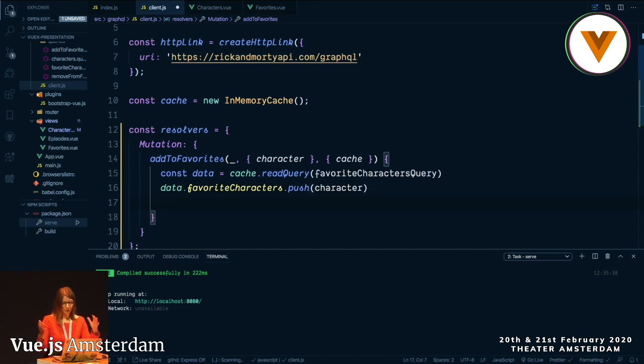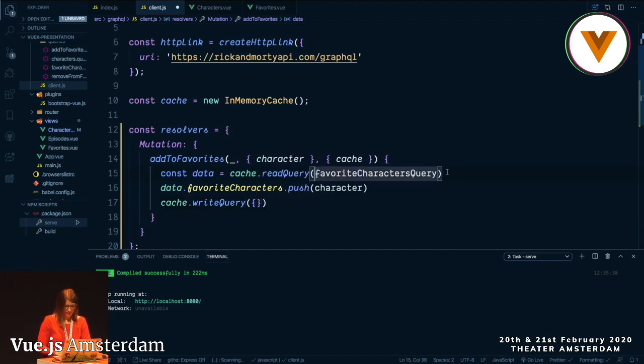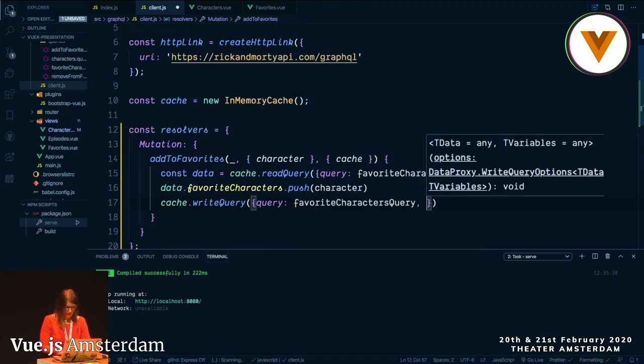And then we need to write this new data back to the Apollo cache. And I completely messed the syntax here because I need to pass a query. Here we have the same query. And we pass data.